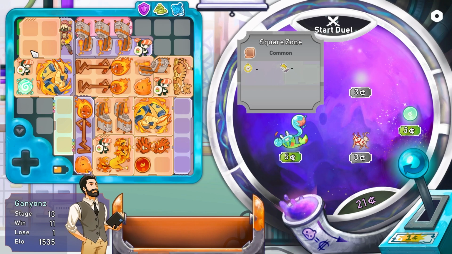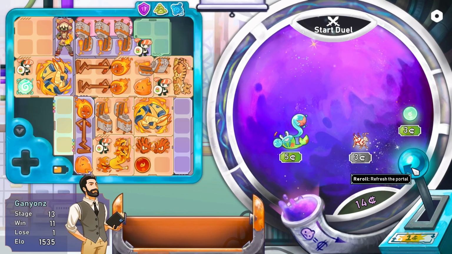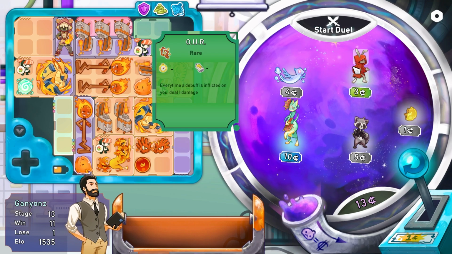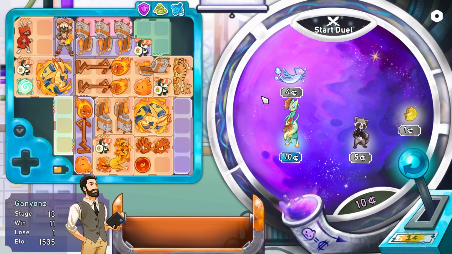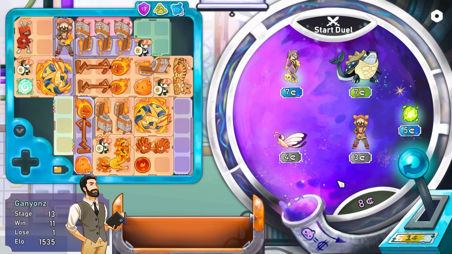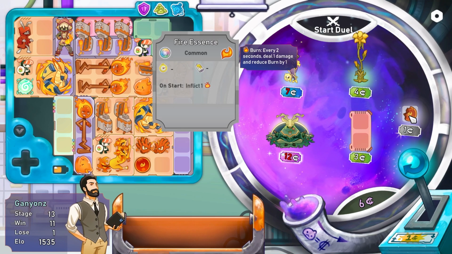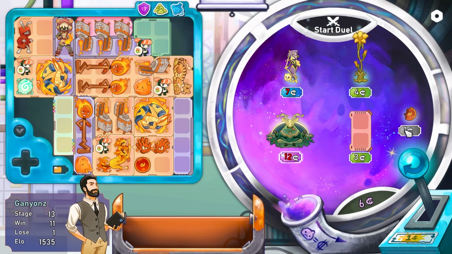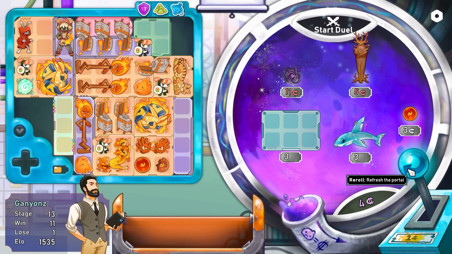So, actually, I'm just going to fill out a bunch of our space here. Going to put that over there. We do have an hour. I am going to grab an hour just in case we run into another debuff build to kind of fire it back at them. There's another regular fire essence. Do I need that? I guess I will grab it just in case we find...